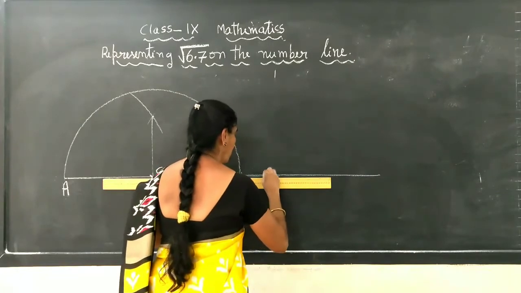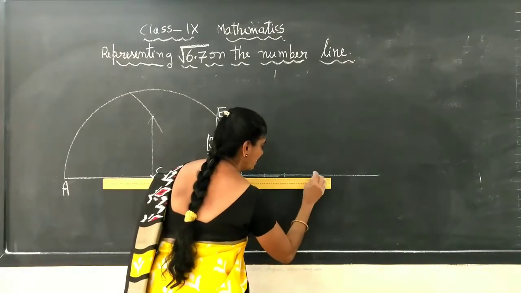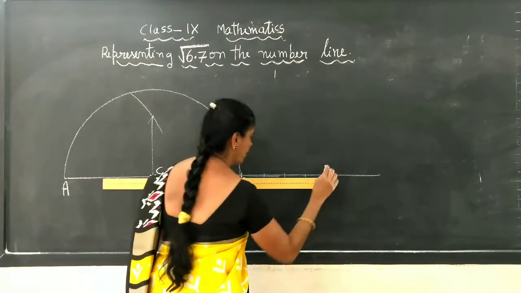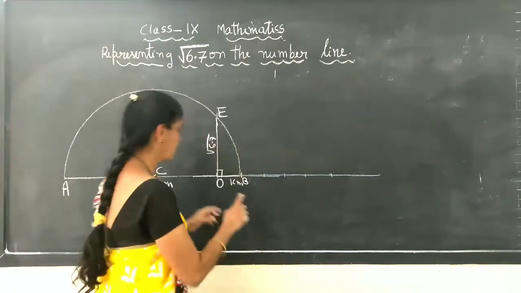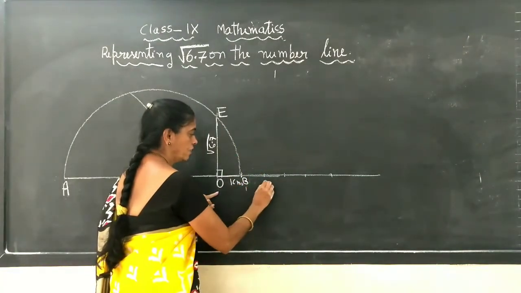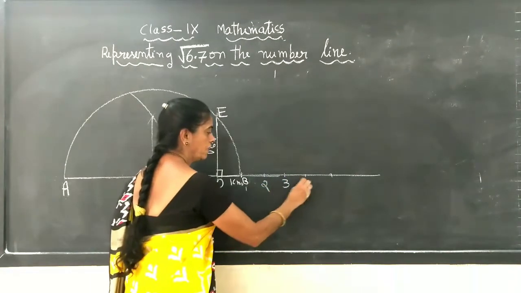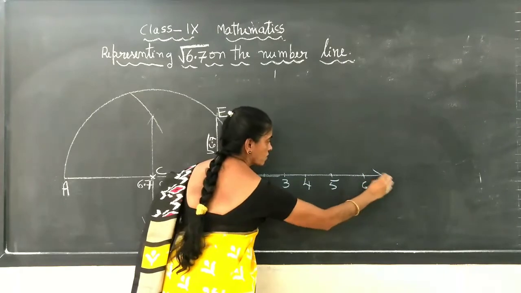So here 1 more unit, 1, 2 here and here, and so on. Okay. So it is 0, it is 1, 2, 3, 4, 5, 6, and so on, number